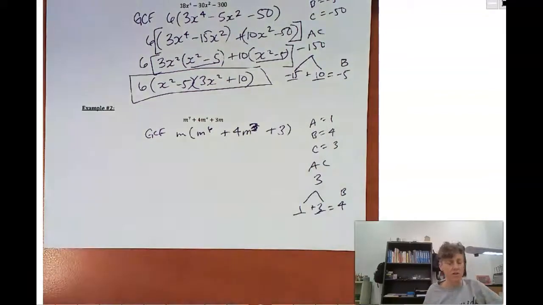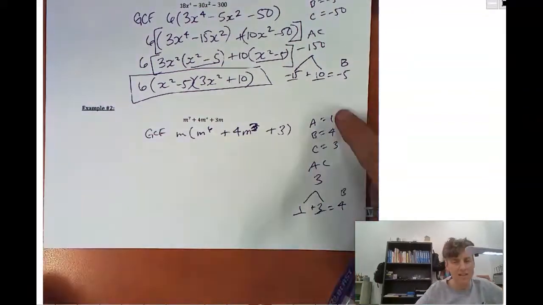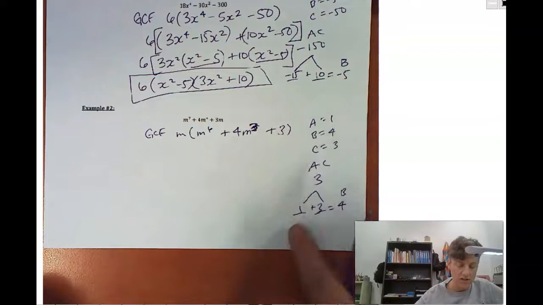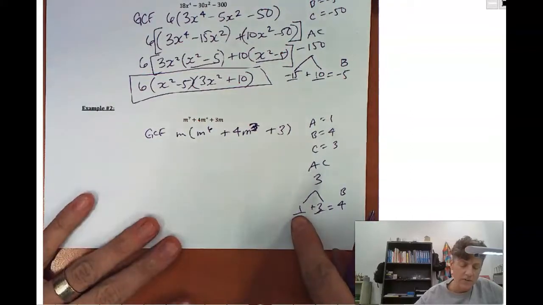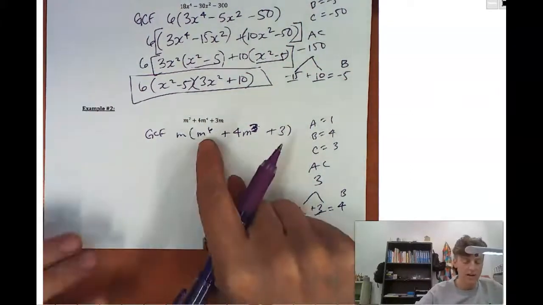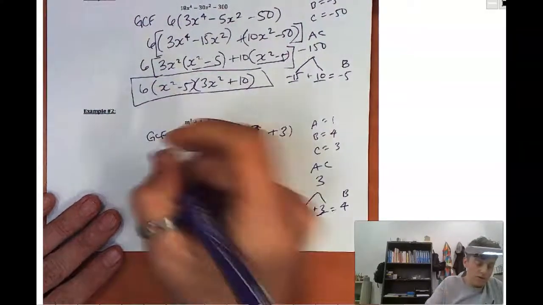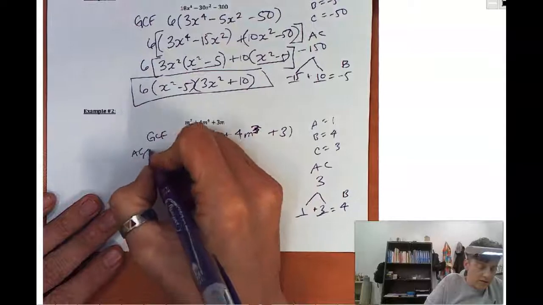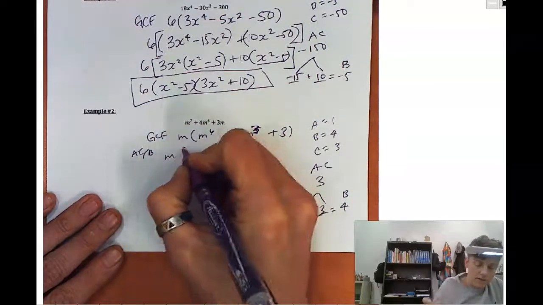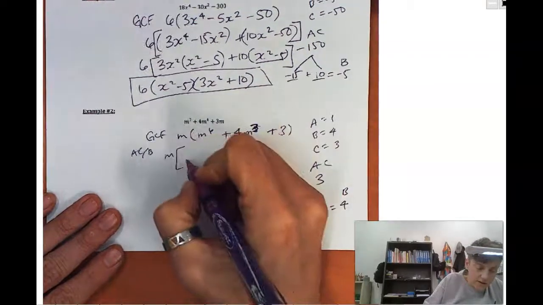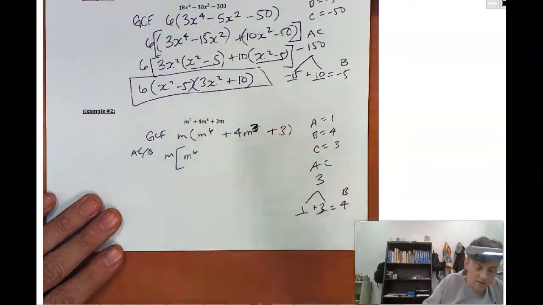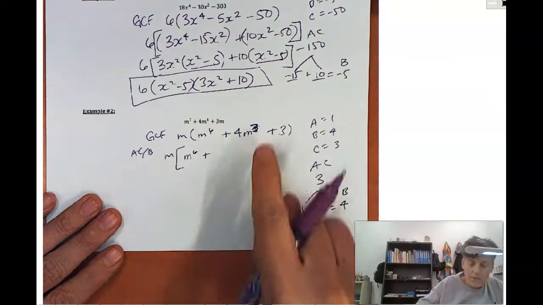And now, since our A term was 1, we can skip right to the factors here. Just be careful. I'll show you. We'll do it all the way out from our ACB tree. We had an m. Let's split our middle term. This will be m to the 6th plus 1m cubed